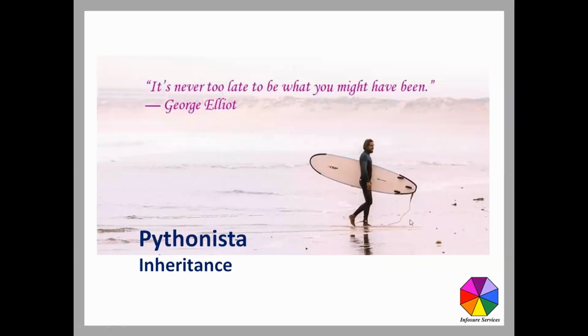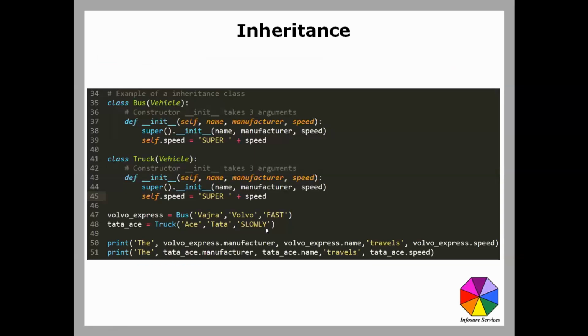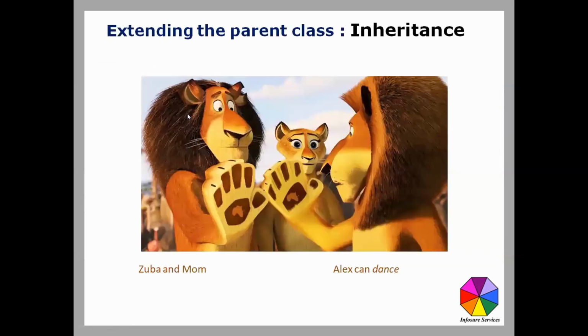So far we had looked at classes and objects in object-oriented programming. When you work with classes, there is this concept called inheritance. So inheritance is when you have a parent class, okay? You define a class as a parent class, and then you create a child class which inherits the properties and methods of the parent class. Okay, so